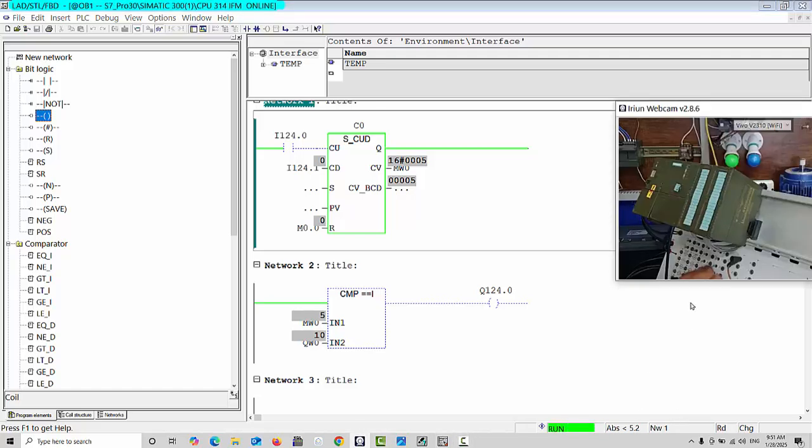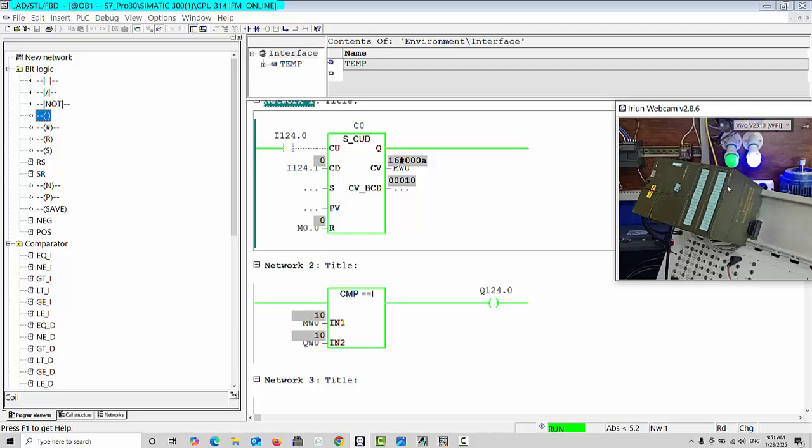This camera goes higher. You can see I give more signals: 6, 7, 8, 9, 10. As 10 is completed, your output will be on. Why did that bulb not turn on? Because I did not switch on my 24-volt supply for my main breaker. Now as you see, our output is on, and here in the PLC also,